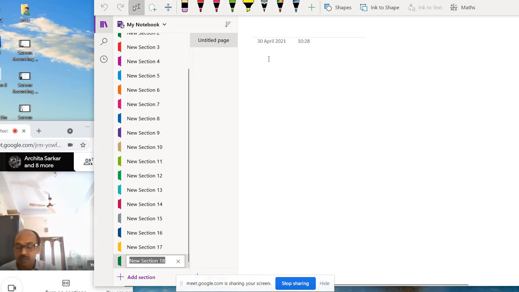Next is question number 2. A equals {a, b}, small letters, and B set is {a, b, c}. Is A a subset of B? All the elements of A are also the elements of B. That means A is a subset of B. Yes, A is a subset of B. And then you find A union B. This is number 2.